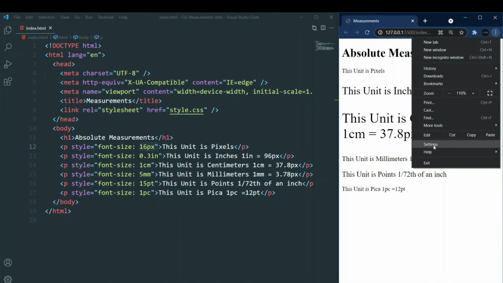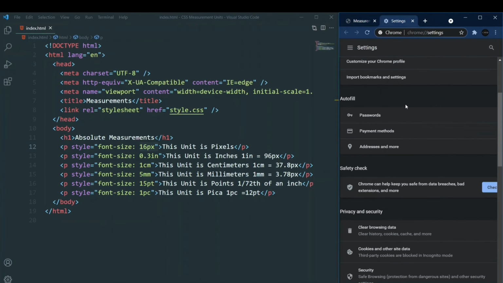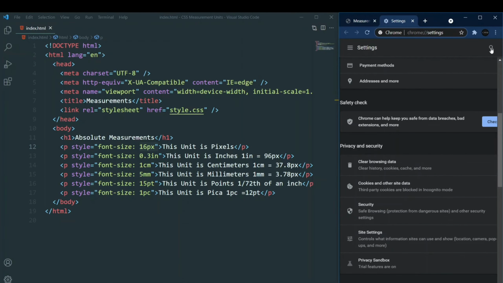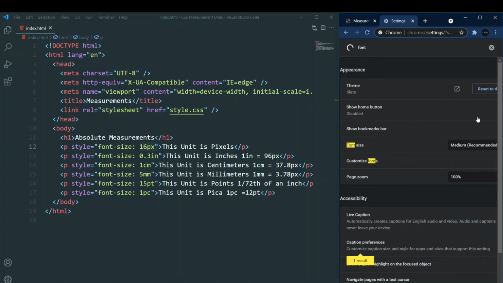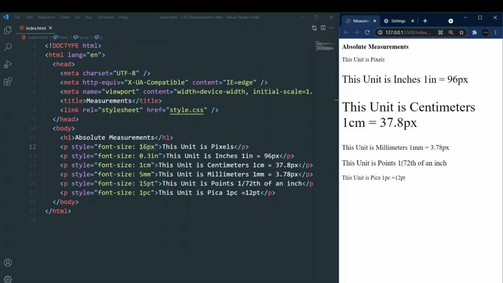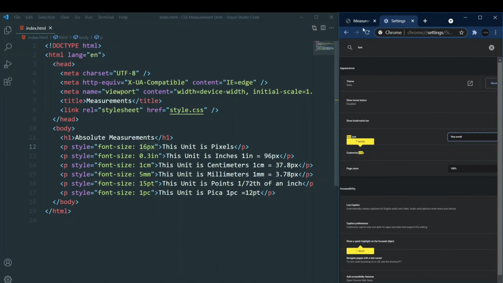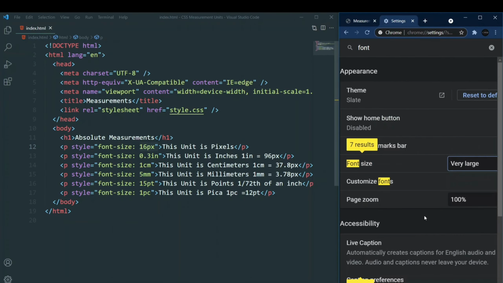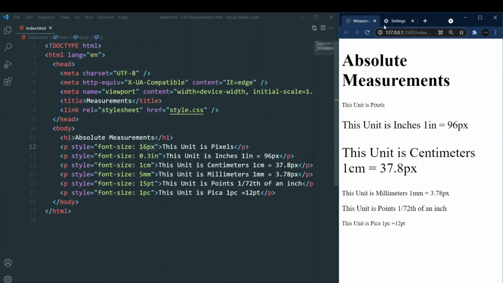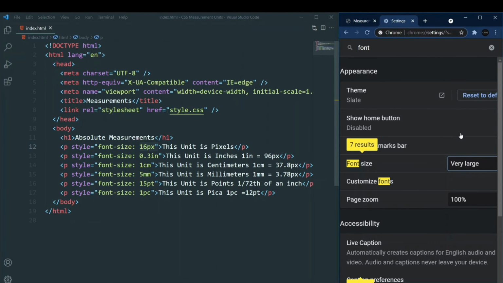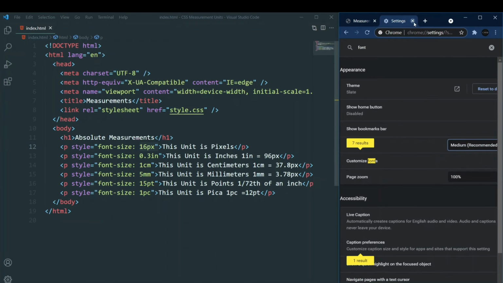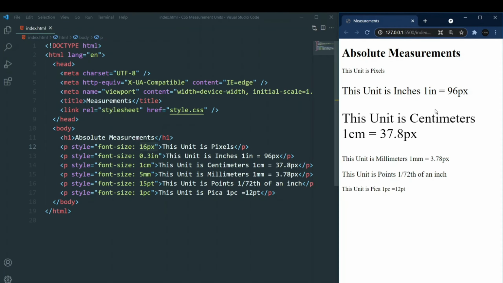Okay, let's change the font size over here. So I'll just search for font size, and now it is medium. So now let's make it very small. Okay, this is very small. You can see there's no change at all. Everything will change, but this will not change. Okay, now let's try and make it very large. Again, this will not change at all. Let's make it medium again. So all of this has no effect on Absolute measurements.